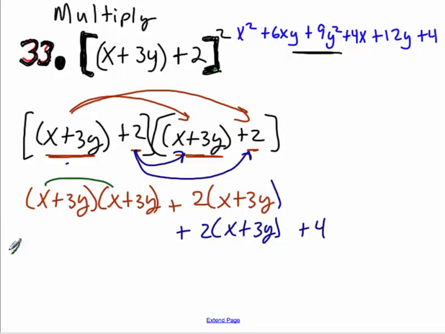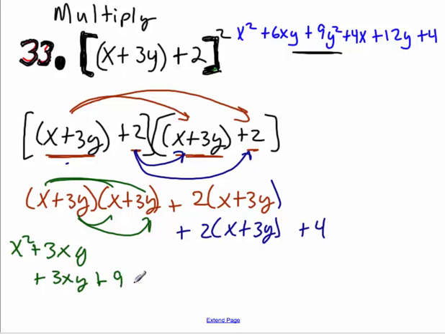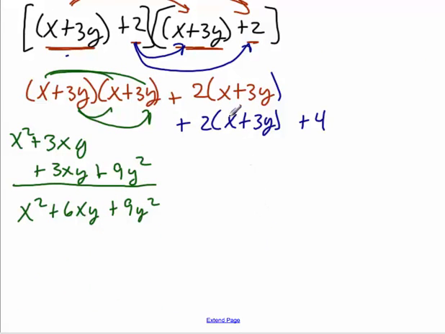X times x is x squared. X times 3y, we'll call it 3xy. 3y times x is another 3xy. And 3y times 3y is plus 9y squared. Okay, so we can add these things together and get x squared plus 6xy plus 9y squared. Okay, and then when we add these things together, we got 2 of these and 2